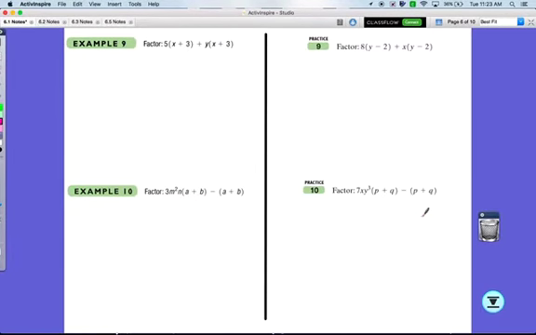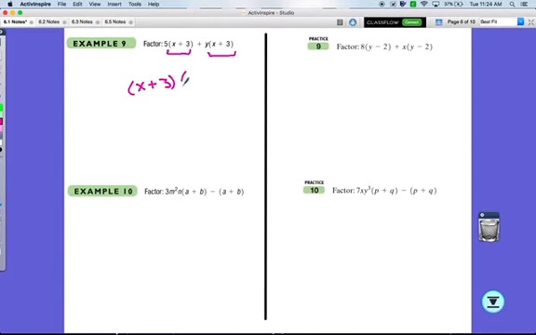All right, now this is kind of a setup for the next type of problems. All right. On these, you have written a little bit differently. I've got 5 and then a parentheses of x plus 3 plus y plus a parenthesis times a parentheses of x plus 3. So each of these 2 terms, here's term 1, here's term 2, they each have an x plus 3 in parentheses. So I can factor out that x plus 3,